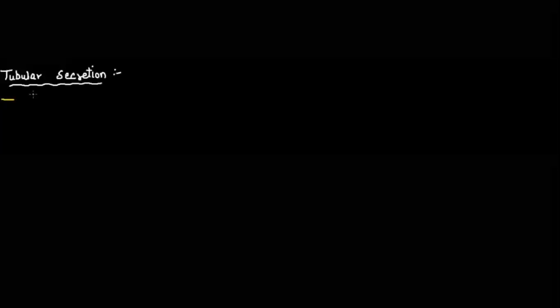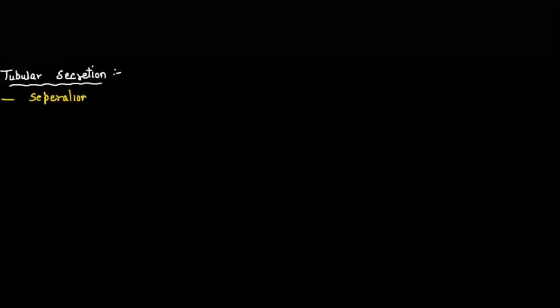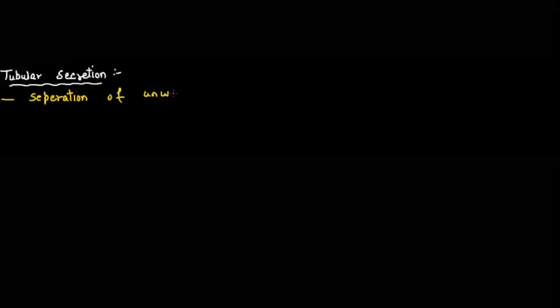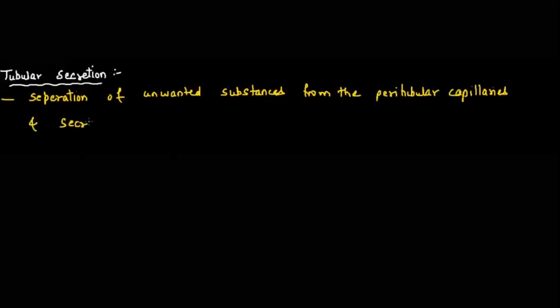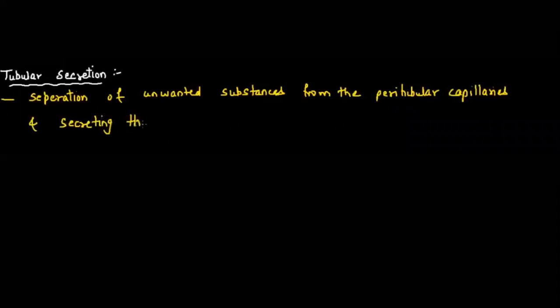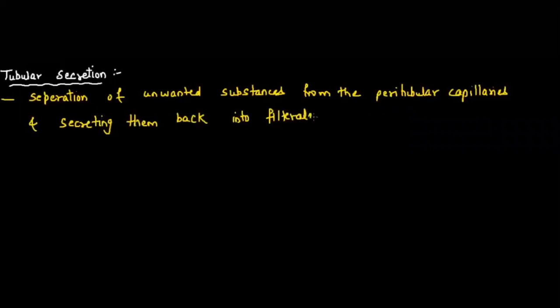We are talking about tubular secretion. This is the third step of urine formation, and after this step, urine will be formed completely. When I talk about tubular secretion, basically it means the separation of unwanted substances. All those substances which have escaped the ultrafiltration will be secreted under tubular secretion. So I can say separation of unwanted substances from the peritubular capillaries and secreting them back into the filtrate is